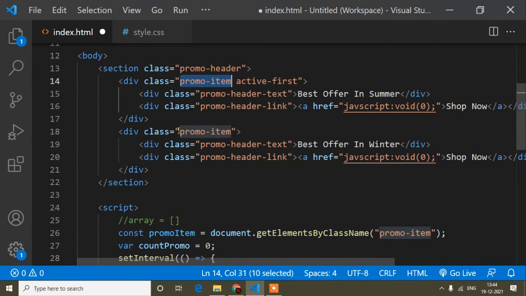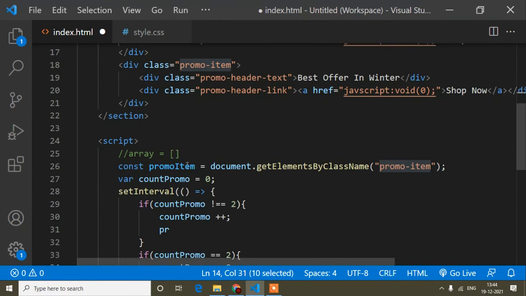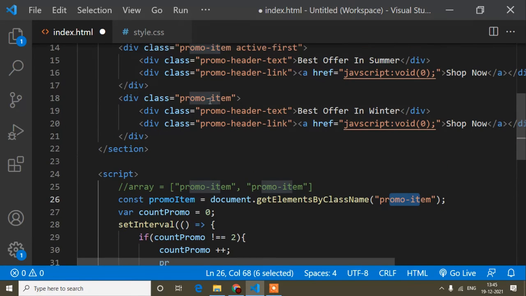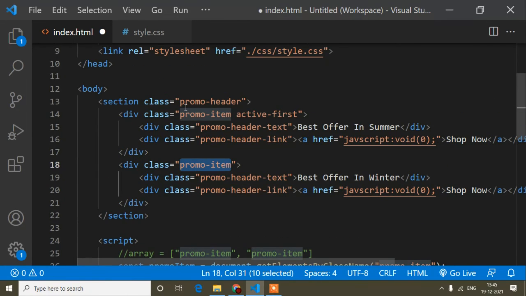That means it's an array. So inside this array I have 2 promo items. Class name means it's an array. So inside this variable I have 2 promo items, and this is now inside an array because promo item is a class. Okay, like this you can see.